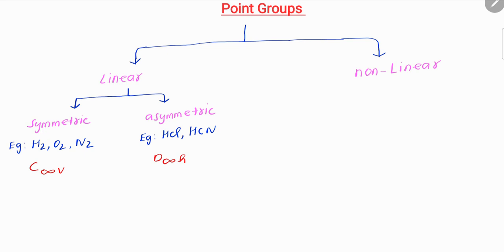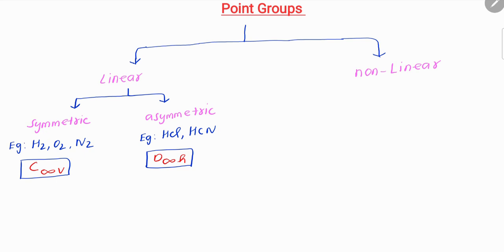Therefore, when the molecule is linear, there are only 2 possible point groups. One is C infinity V and another one is D infinity H. No other option. If asymmetric, C infinity V. If symmetric, D infinity H. If